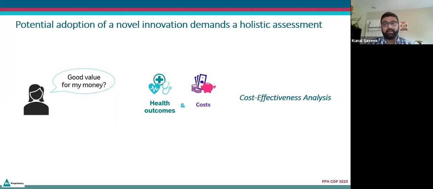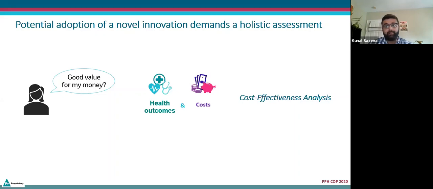can include, in this case, occurrence of a PPH event, both mild and moderate and severe, quality of life issues related to disability, or mortality, which can also happen in this case. So combining both the health outcomes and cost in an economic model and analyzing them holistically leads us to the evidence related to cost effectiveness analysis. And then the decision maker can use that evidence to make an informed decision